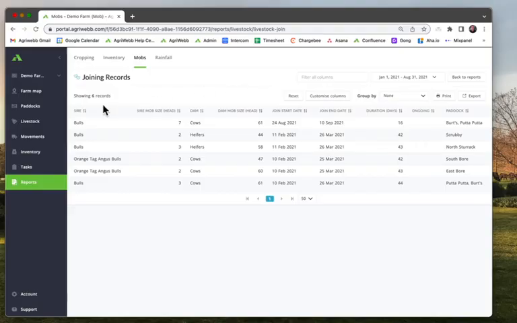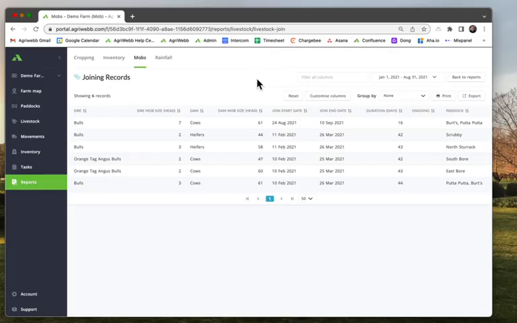What you can see now is you've got your sire here. So this is the mob name of that sire mob during the joining period and their mob size. You've then also got your dam mob name and also the dam mob size here. This then breaks this out into your join start and end date based on those movement records you would have input. And then you can see over here, you've got your duration, so how long that join lasted. Finally, you can see the paddocks in which those joins occurred. So if there were instances where these mobs were moved together during that joining period between paddocks, you'll still be able to see a breakdown of which specific paddocks they were in.